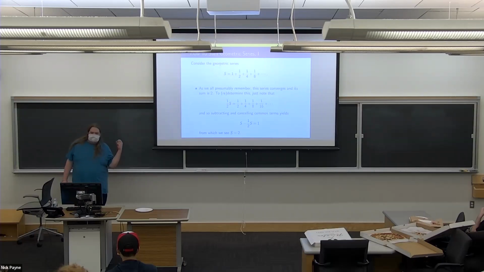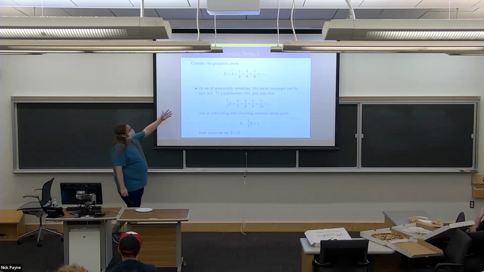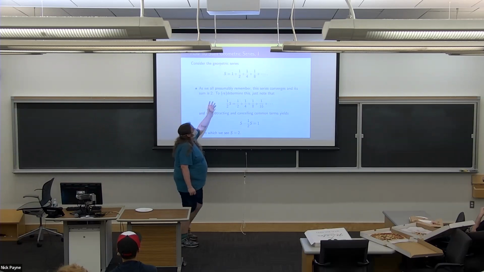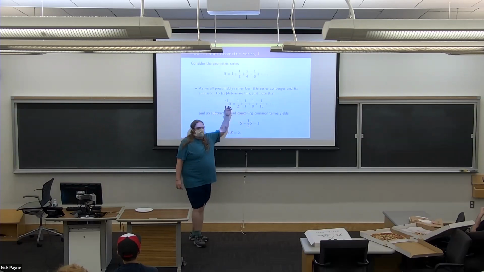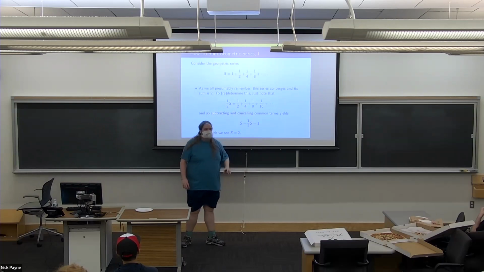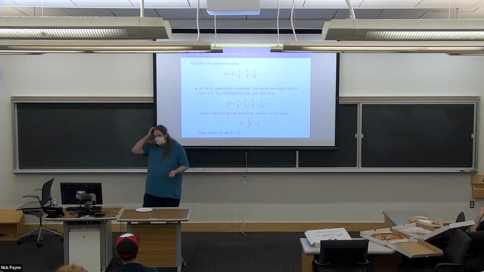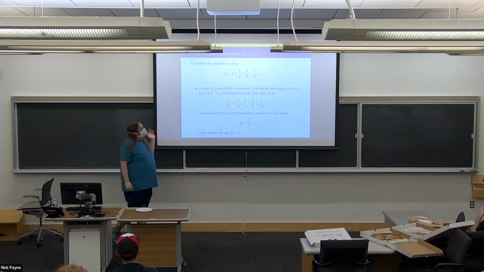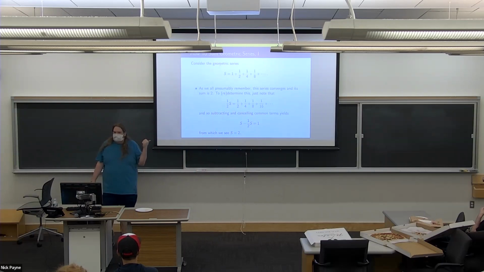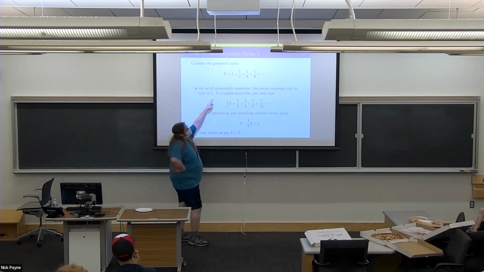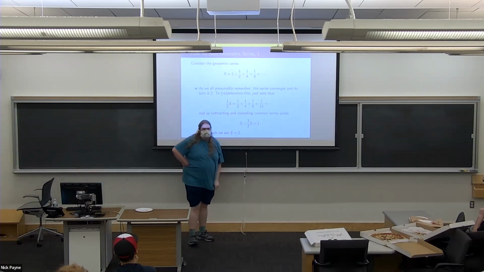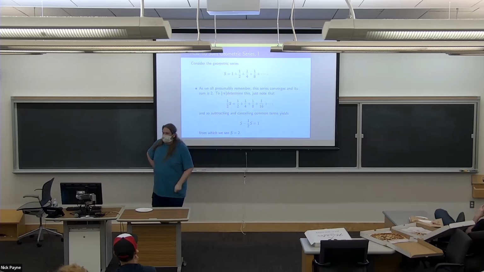Okay, so let's start out with a nice relaxing geometric series. 1 plus 1/2 plus 1/4 plus 1/8 plus 1/16, 1/32, etc. A nice, easy, infinite geometric series. I would hope most everyone has seen this series before and knows what the sum is. If you add these up, this converges to 2. If you write down the partial sums, you can write down a formula for it. It's 2 minus 1/2 to the n, if the last term of the sum was 1/2 to the n, so that converges to 2.